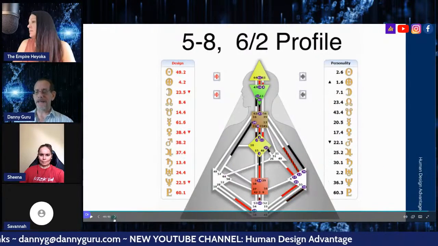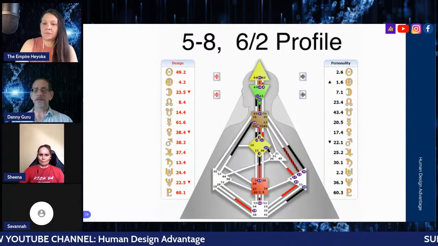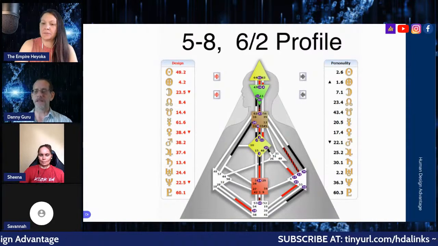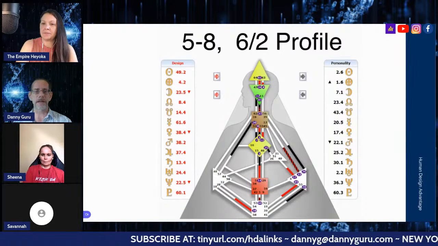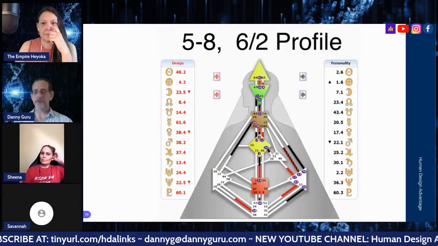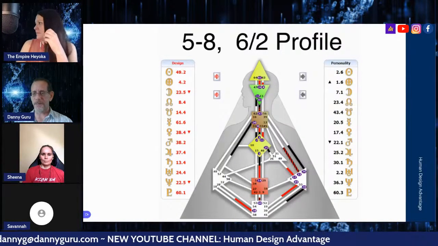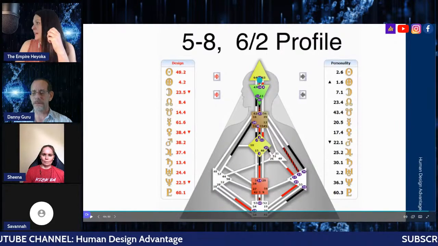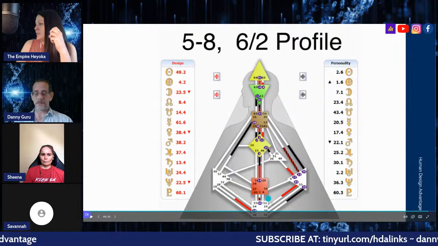Oh, they have a defined head on this one too. Yeah. So 5-8, it changed to a 6-2 profile. So we're getting into these transpersonal profiles. It's marching up the profile ladder only to start over again, just like a genetic spiral. And this person's back to a manifesting generator. And look at that. All their definition is straight up and down in that individual corridor from 61 all the way down to 14. Yep. So just this one spot.